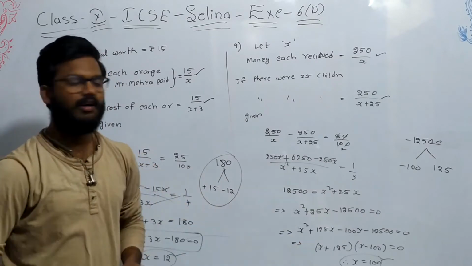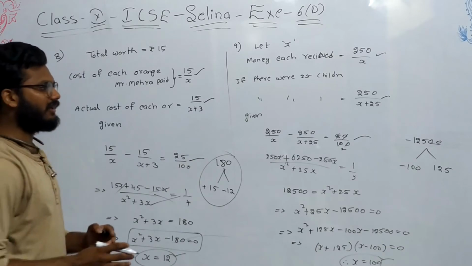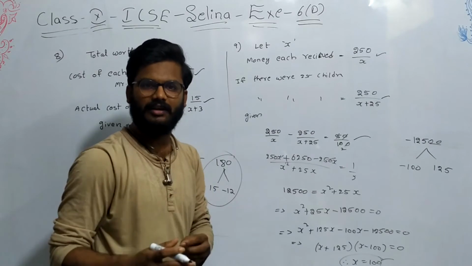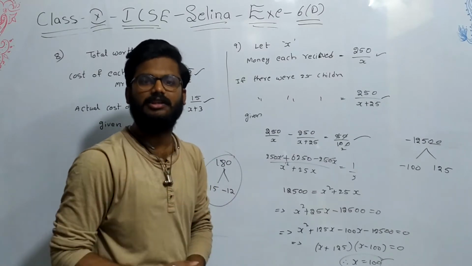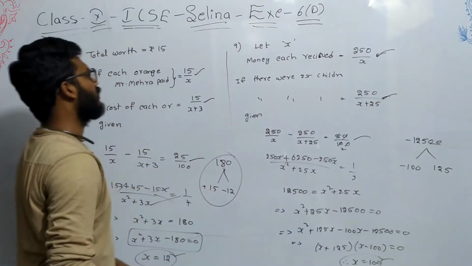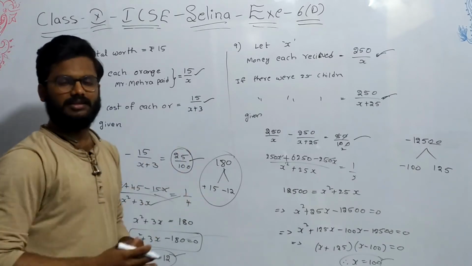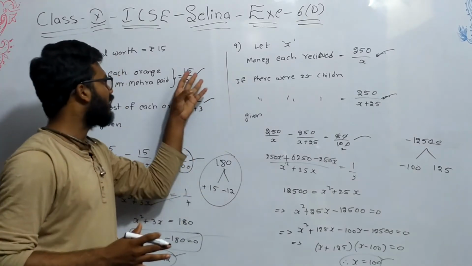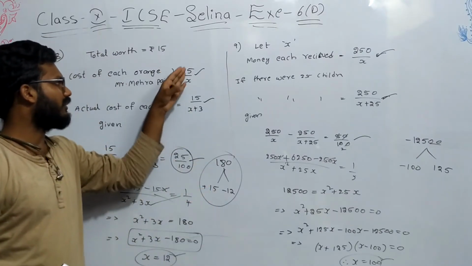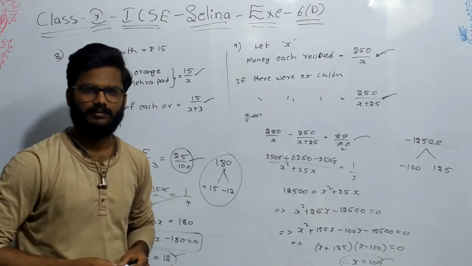See here, how we write this condition is important. They gave the condition that each will receive 50 paise less. So the difference between the amount that each receives is 50 paise. So we have to find the amount that each will receive. In the same way here also, they give the condition as 25 paise more. So the difference between the cost of each orange in both cases is 25 paise. So we have to write the cost by number in both cases, and the difference is 25 paise. Next, 10th problem.